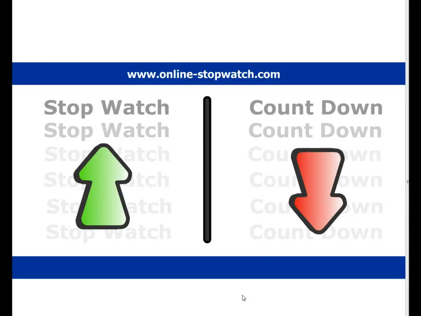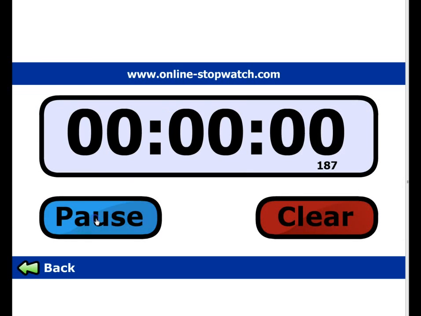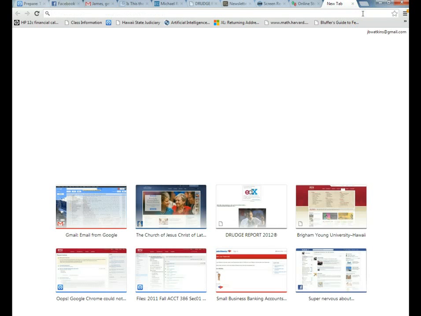This is my Accounting 386, and our second speed trial is going to be to take your large piece of data and break it into its component words, and then to do some kind of pivot table or analysis operation on it. So let's see how fast I can do it, and here we go. Stopwatch. We'll start. Okay, so the first thing we're going to do is find our material,